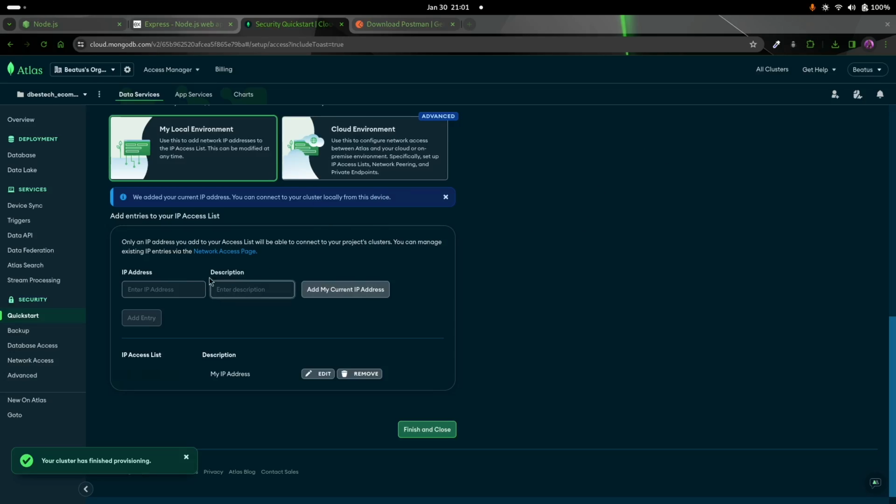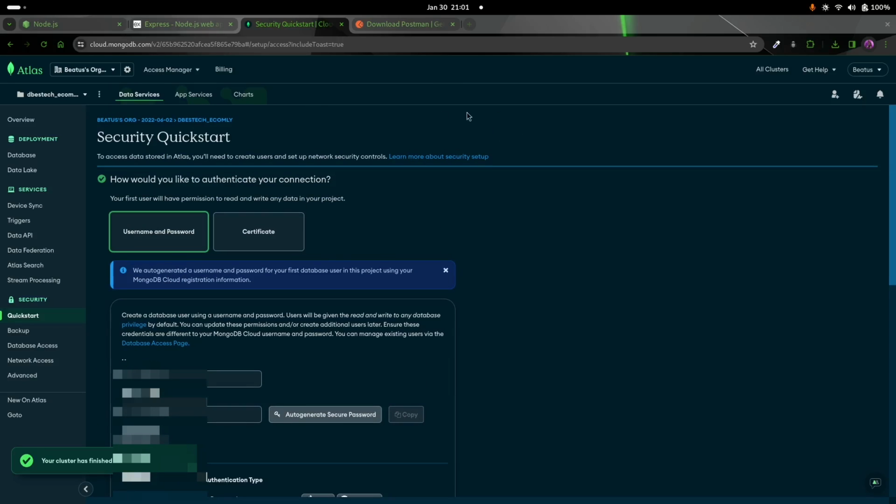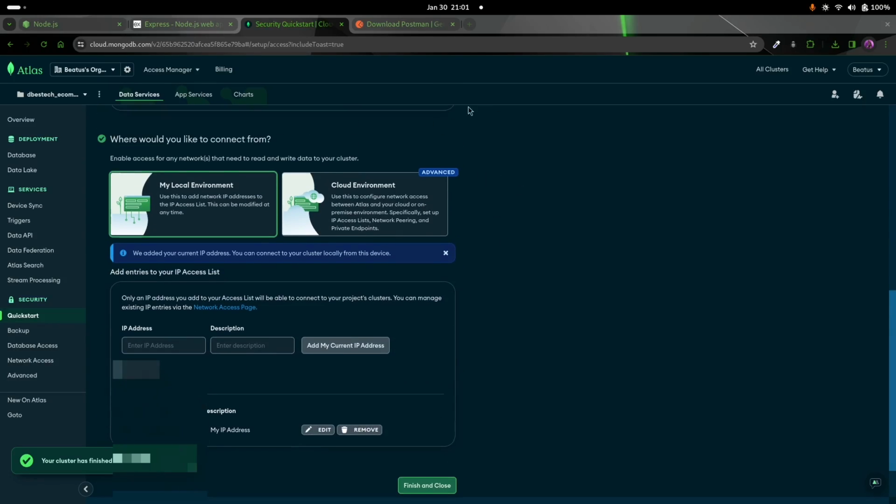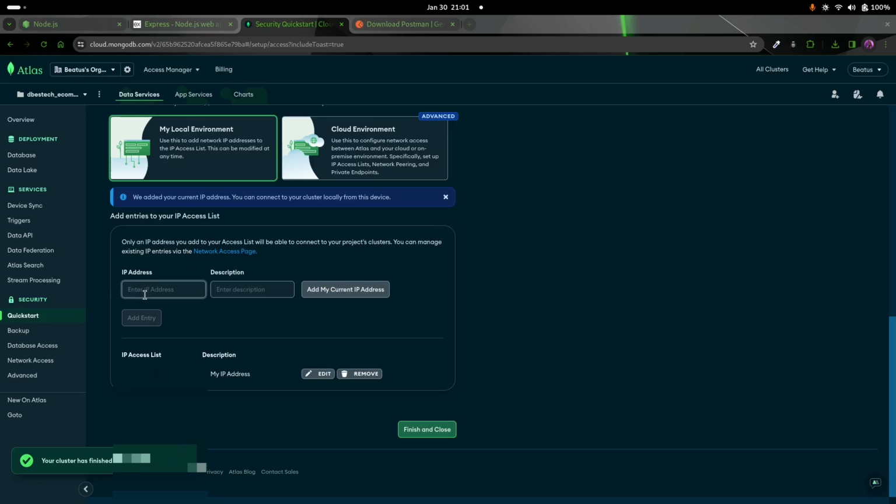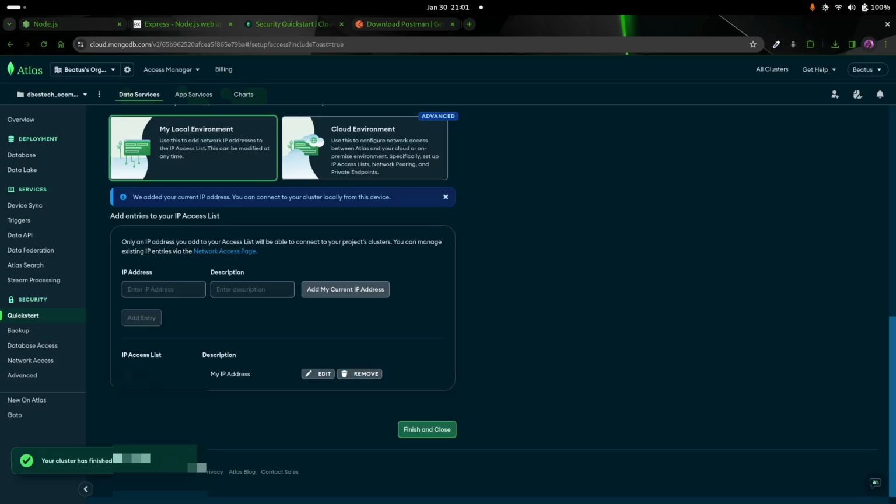But moving on, I'm going to use a local environment because personally I think that will give me more opportunities to teach you about the errors or the things that we can encounter with local environments. So I'm going to choose the IP address, which is already done. Added my current IP address, which I'm going to blur out in this video. Remind to future self, blur out the IP address. So I'm blurring out the IP address, but it's already added my IP address, and then you can click finish